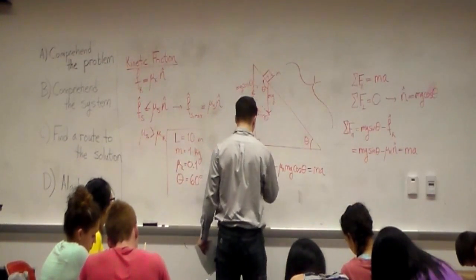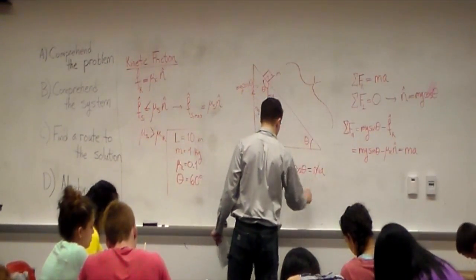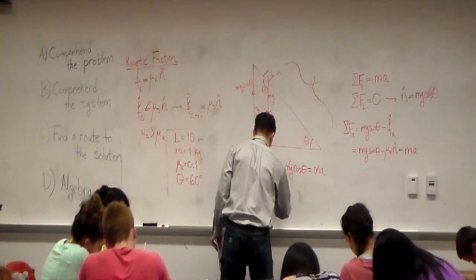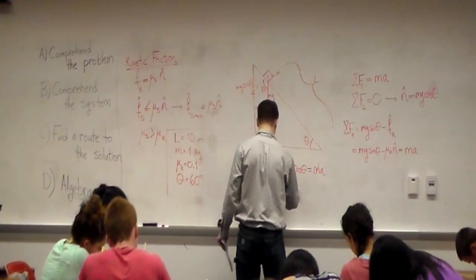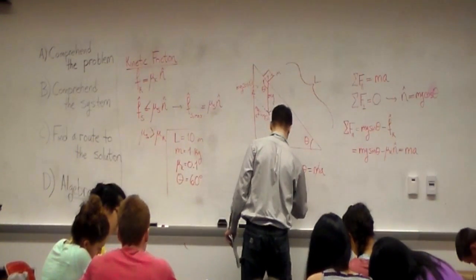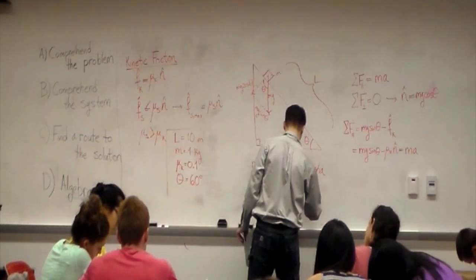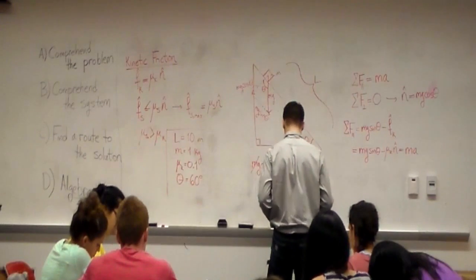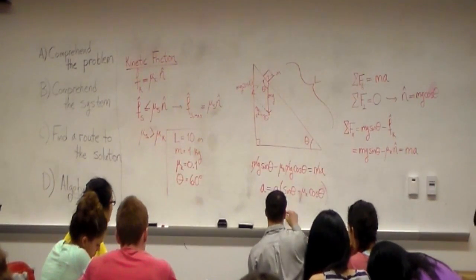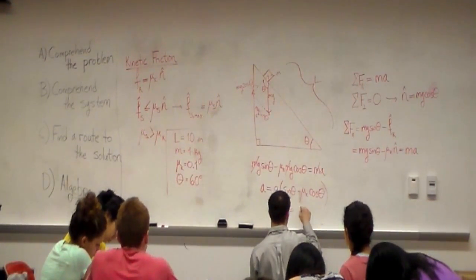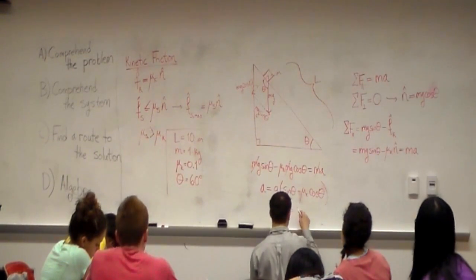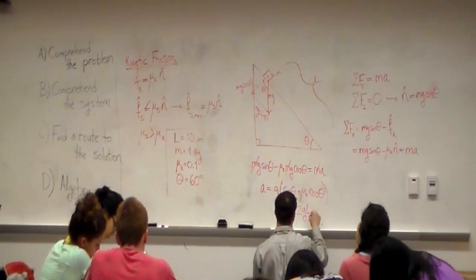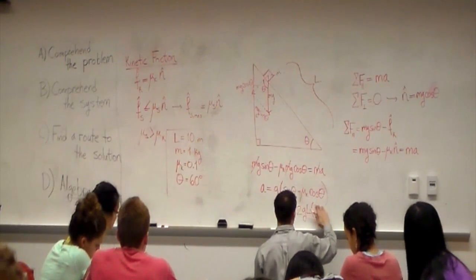And so I can cancel my m's, which are irrelevant, and I find that a is equal to g times sine theta minus mu k cosine theta. And therefore, v final squared is equal to v naught squared, which is 0, plus 2 g l sine theta